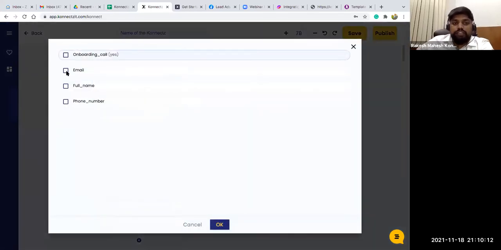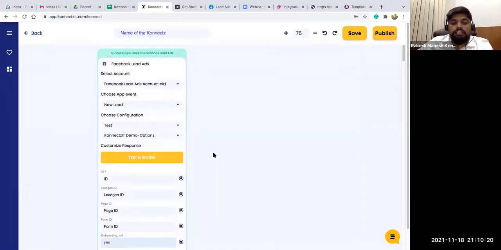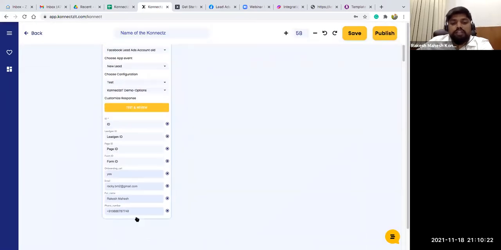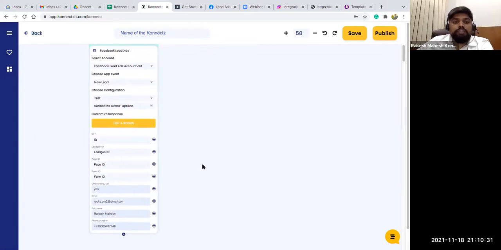For example, in the form you will have phone number, email address, and any other details. You can select those in the additional attributes, and use them for your further automation. So this actually gets a trigger from Facebook lead ads.